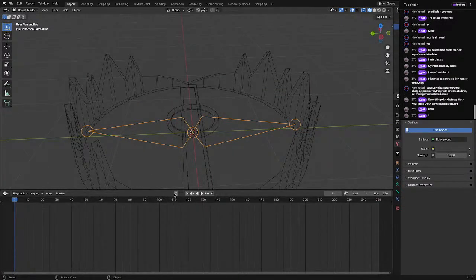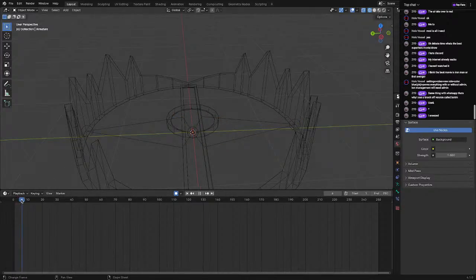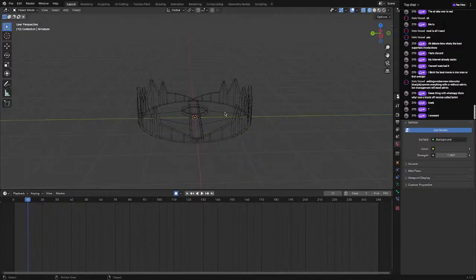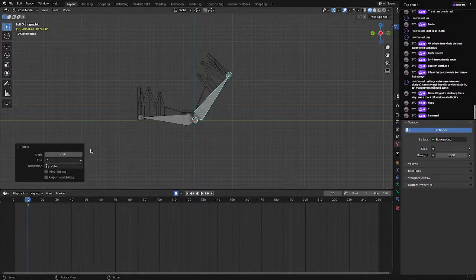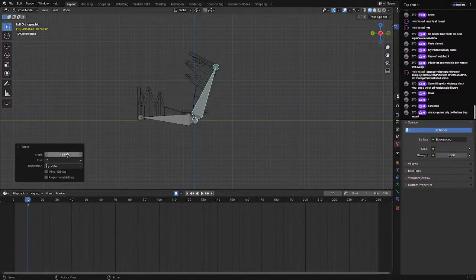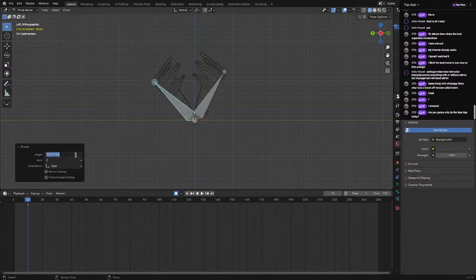Okay, so now what we're going to do is we're just going to set up a little animation. So what we'll do is we'll insert some keyframes here. And then we'll move it down a little bit. Let's say, I think 10 frames is probably pretty good. We'll go into pose mode, actually. And then we'll go here. We'll rotate this one so that it's probably, let's say, negative 65 degrees. That might be a little bit too much. Negative 55 degrees. That will key that. And then this one we can rotate